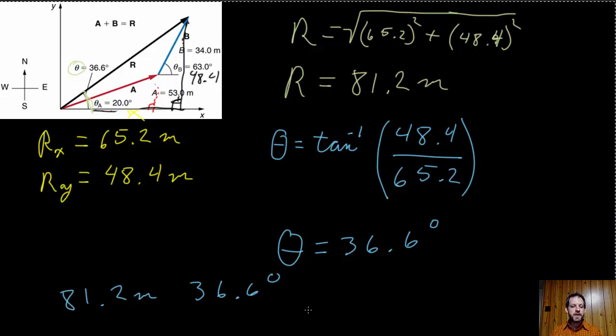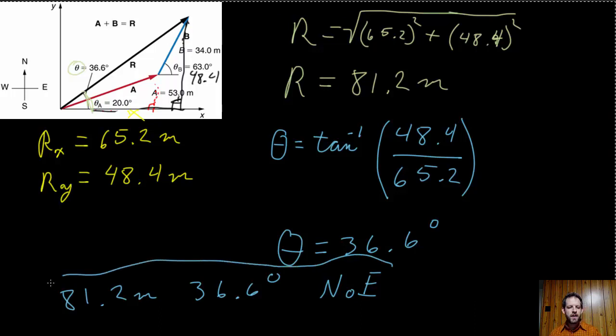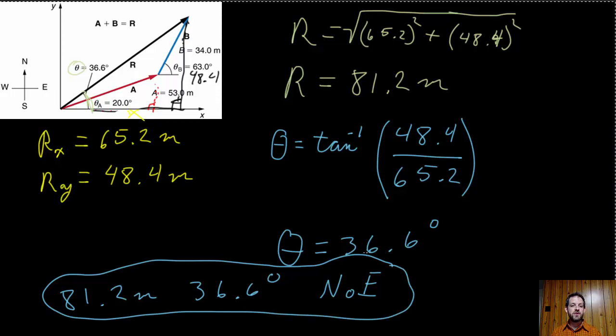But it's best to write it out. Now, I like to write simple shorthand. I just do north of east. I don't know that it's technical, but it works for me. You could actually write it out north of east if you wanted to and made yourself feel better. That would be great. But that's it, and that's all there is to adding vectors